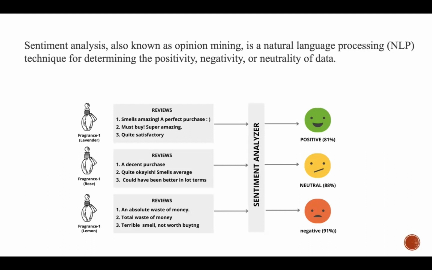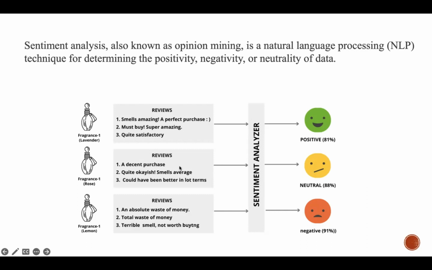So in order to determine which fragrances are popular, you start going through customer reviews of all the fragrances. There are just so many that you cannot go through them in one lifetime. There are thousands of reviews. So is it possible to go through all the reviews? Definitely no, right? So this is where sentiment analysis is important. So how can we use sentiment analysis here? You simply gather all the reviews in one place and apply sentiment analysis to it.